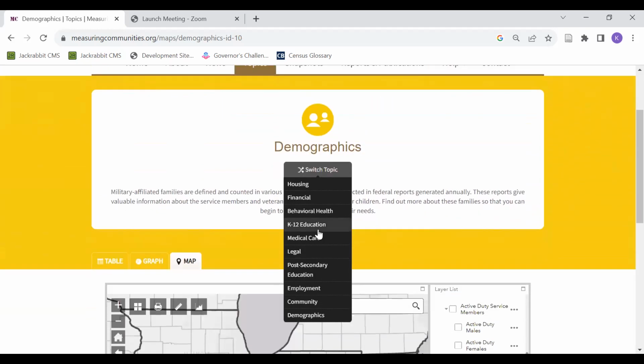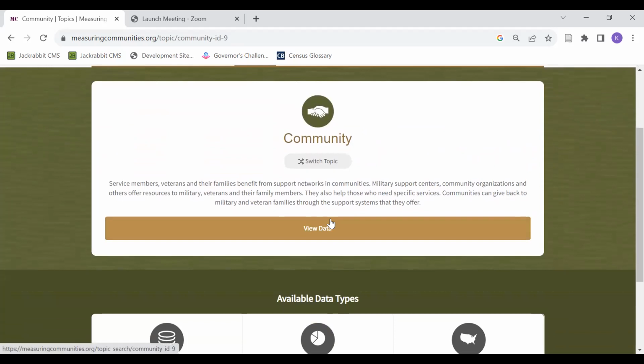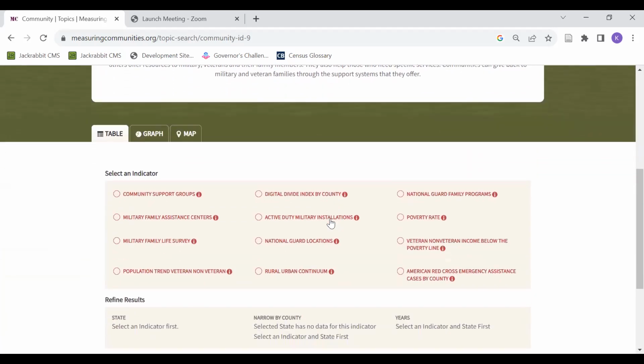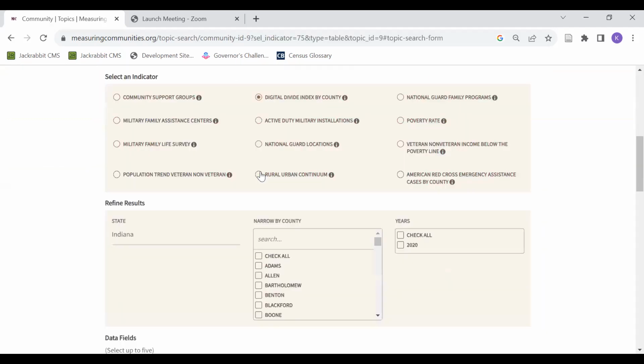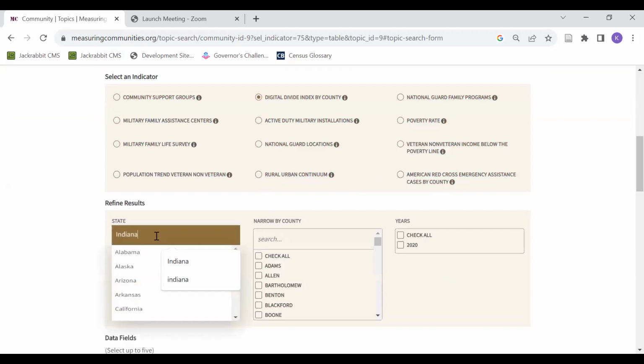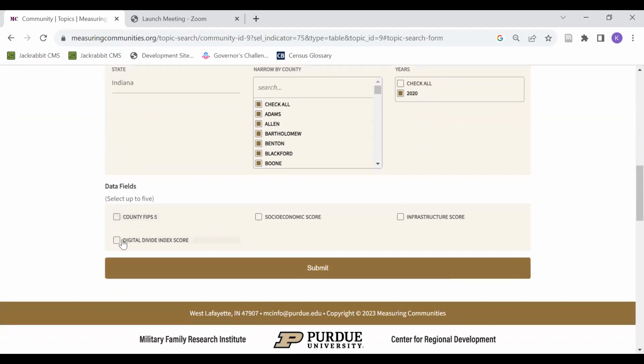You can also look at, and I'm going to go to your community domain, again, assessing your community landscape. So you're looking at your digital divide index. You can select on your digital divide index. You can say, okay, I'm interested in Indiana. If there's a different state that you're interested in, you can do that. Select a different state, check all again, and then use our most recent data from 2020 to look at your